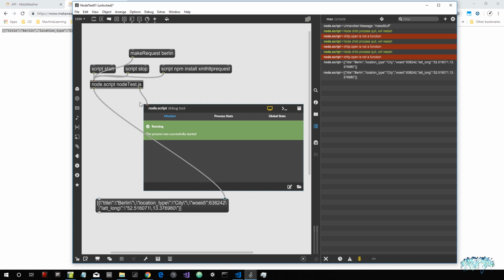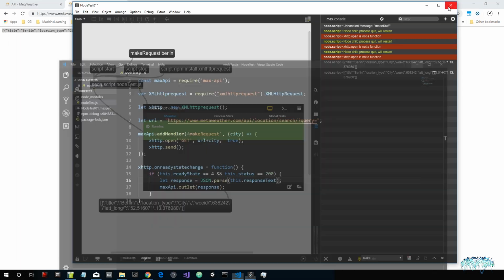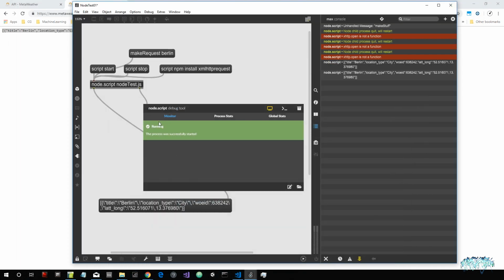Now we don't want a string, we actually want a JSON to work with. So we have to do something called parse this JSON string that we receive. So we have to use the function parse inside the JSON object. So let's do something like this. Now if we perform the same request again, you will see that it gives us